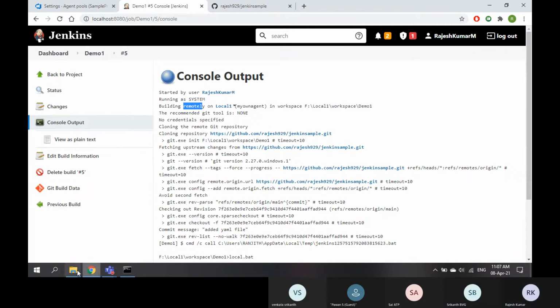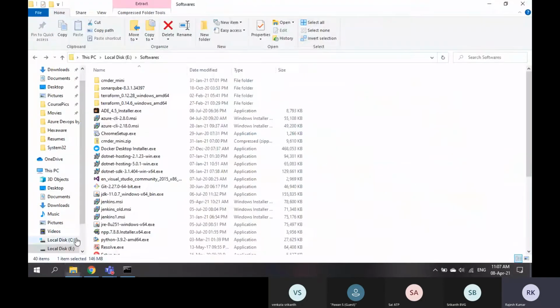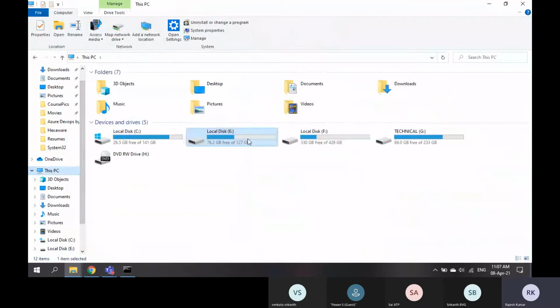For us, we clearly know that this is in the same server but a different drive. I'm telling you guys, if you are joining a big MNC and you got a company laptop, that company laptop will have only one drive.